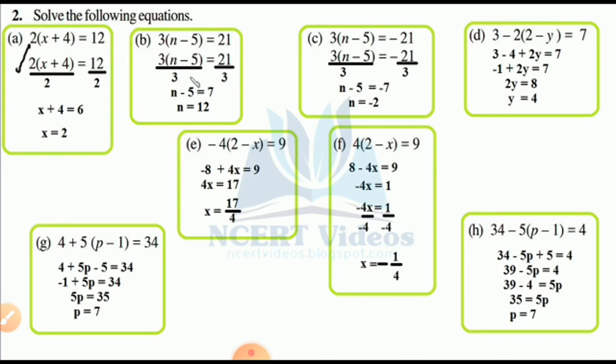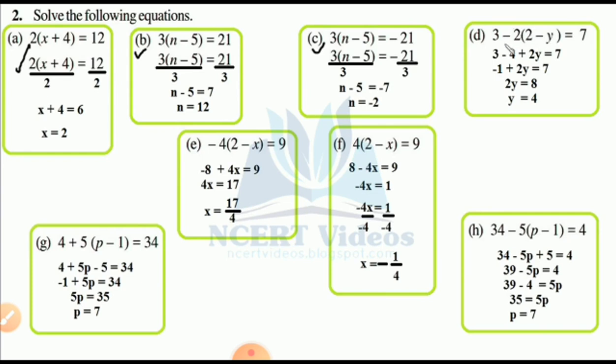So first we can remove the 2, both sides divided by 2. I have x plus 4 is equal to 6. Same way here, x is equal to 2. How? 6 minus 4, correct? I can remove 3, both sides divided by 3, and minus 5 is equal to 7. I will move it to the right side, so n is equal to 12. Yes, 3 is divided, again minus 5 minus 7. Minus 7 plus 5 which gives me a minus 2. n का वैल्यू मिल गया बेटा. The variable n is equal to minus 2. A bigger number's sign will come in the answer.